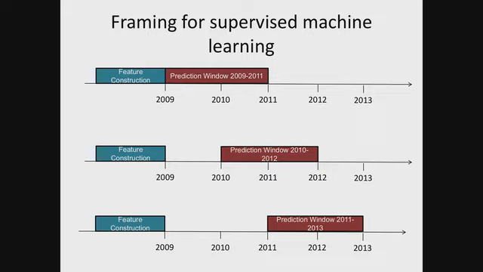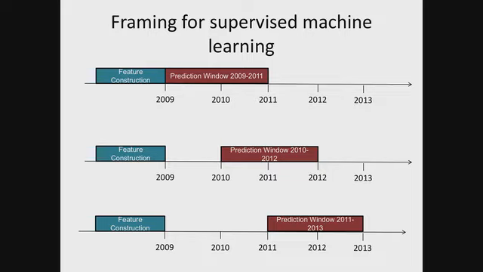We're going to pretend it's January 1st, 2009. And we're going to say, suppose that we had run this risk stratification algorithm on every single patient on January 1st, 2009. We're going to construct features from the data in the past, so the past few years. And we're going to predict something about the future. And there are many things you could attempt to predict about the future. I'm showing you here 3 different prediction tasks corresponding to different gaps: a 0-year gap, a 1-year gap, and a 2-year gap. And for each one of these, it asks, will the patient newly develop type 2 diabetes